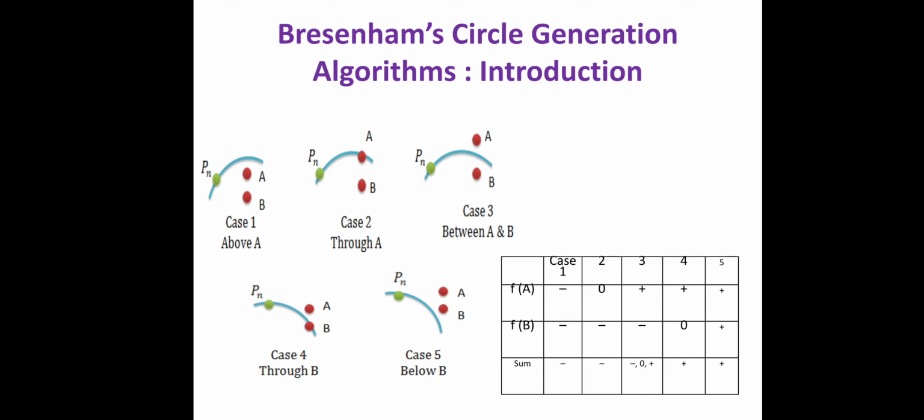Then for case number 4, what you can see here, A is outside, that is why it is plus, B is on the circle, that is why it is 0, and what will be the addition? The addition will be plus, right, the addition will be positive. Then for the 5th case, both are outside, that is plus and plus, because f of a and f of b are both greater than 0, therefore they are plus and the summation will be plus. So in this way we have to see whether the points are inside or outside. So what we are taking? We are taking the summation of f of b and f of a. So that is what we have to see over here.